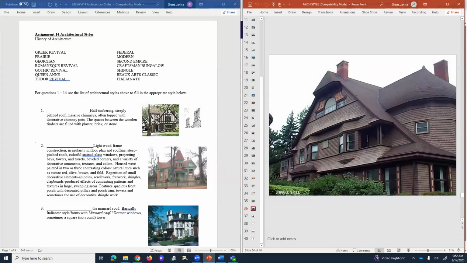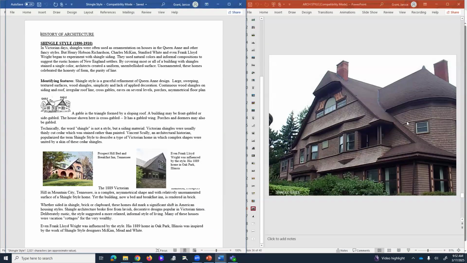Shingle style. It's funny that they even have a style that's called a shingle style, right? Because you saw some of that in the Queen Anne as well, but if a house is completely shingle, and it was during this time